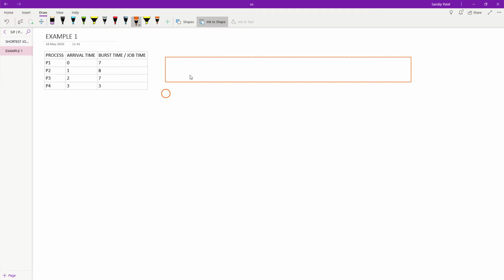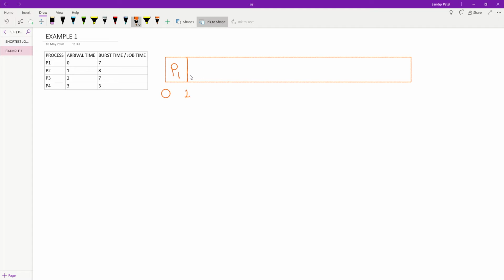So we will compulsorily enter P1 into the CPU, right? But your algorithm is saying that at every instance your scheduler or the CPU will check whether any other process is coming into the ready queue.